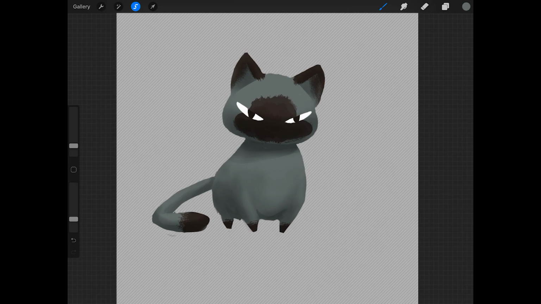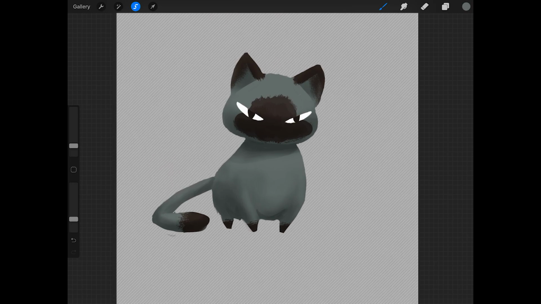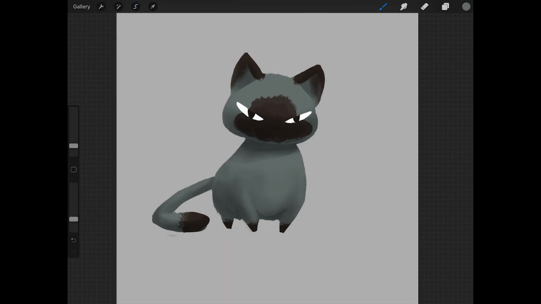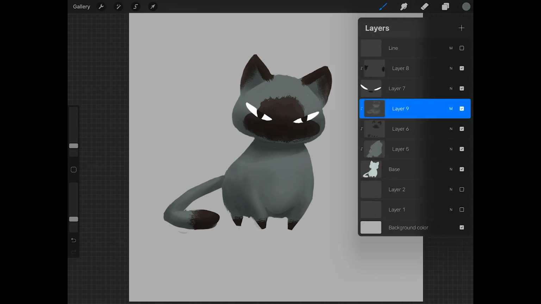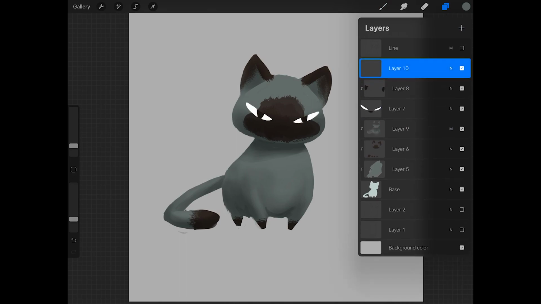So now I add a little bit of form to the face. So basically we're almost done here, but not quite. We just got this base form, the form with the ambient light basically, and then